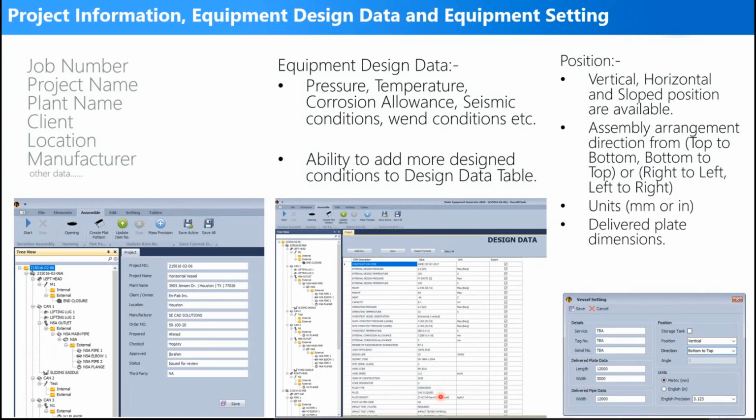and if you would like to remove all of that information and define other information by yourself, you can import it by using import from Excel sheet. Okay. In the same level, which is the equipment level, we will define the equipment setting or the vessel setting, like the position of the vessel. If you would like to make it horizontal, sloped, or vertical, and you will control the direction of the assembly. If you would like to make the assembly start from left to right or right to left in horizontal and sloped case, and if you would like to make it from bottom to top or top to bottom in